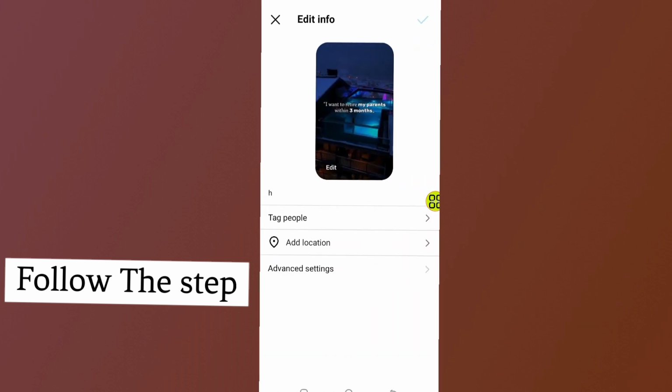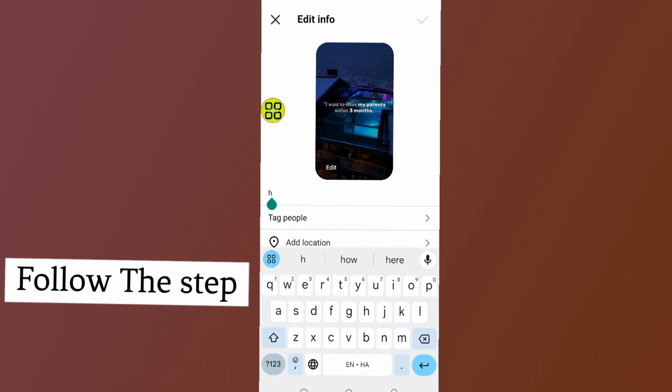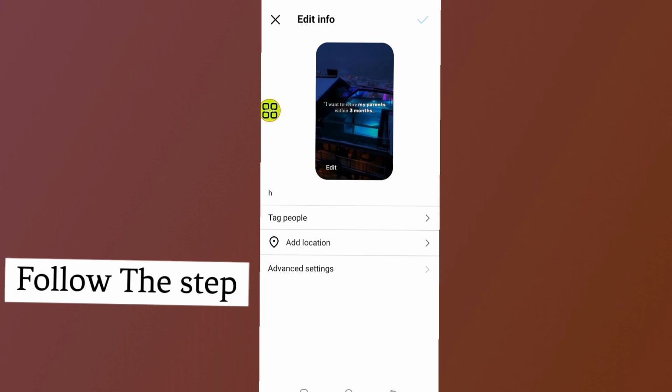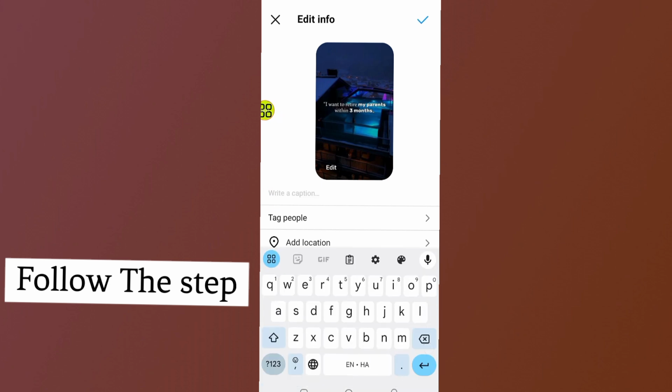After you tap on this edit, as you can see now, here is the option for you to add hashtag. So all you have to do now, tap on this section. So after you tap on this section, as you can see now you get your writing pencil. So tap on it. As you can see now, tap on this. Tap on this numbers to get your hash, and tap on this hash key,